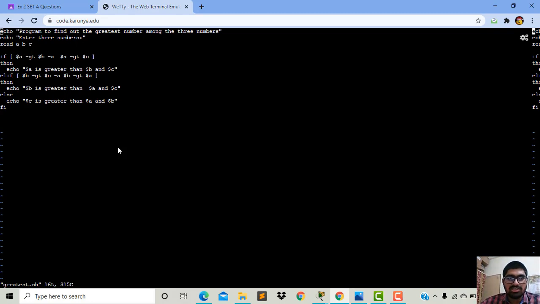It will check whether a is greater than b or not. For example, if we enter the numbers 2, 4, 5, it will check whether 2 is greater than 4. No. Again, it checks whether 2 is greater than 5. No. Then it will go to the else statement. Now, is 4 greater than 5?